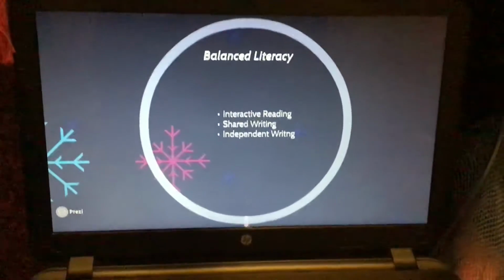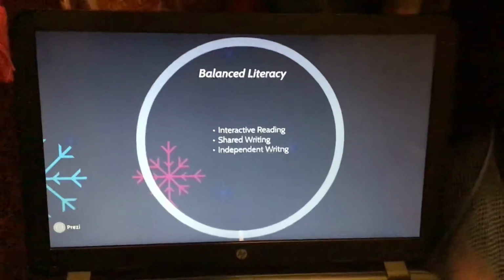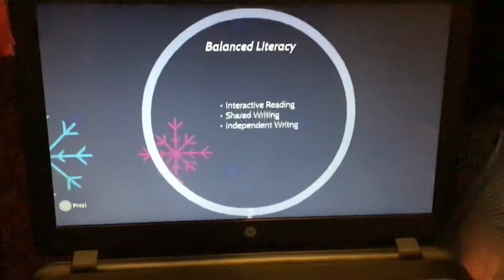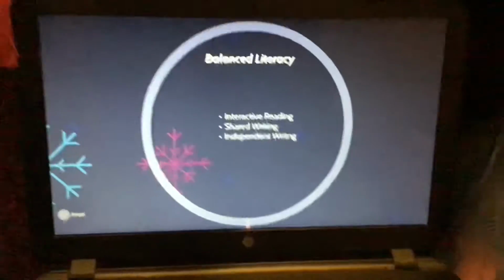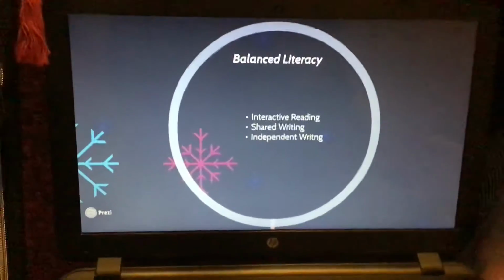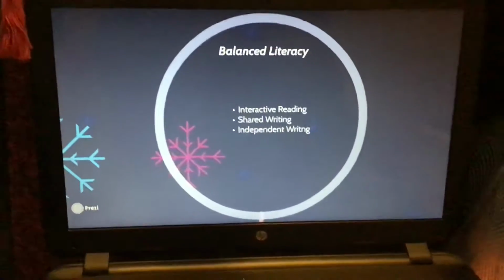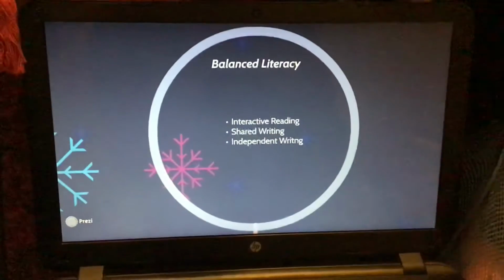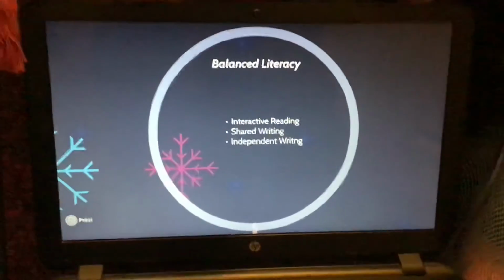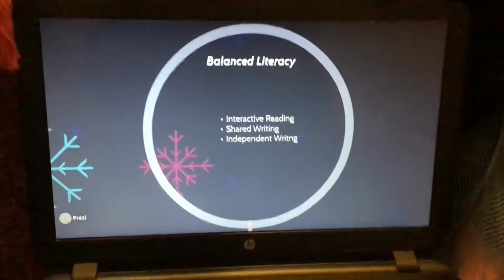There is a certain portion of the writing process that students need to work on in order for them to understand what they're writing about, how to write, and how to understand what their writing is about. First, we'll be talking about balanced literacy, and there are three components to that: interactive reading, shared writing, and independent